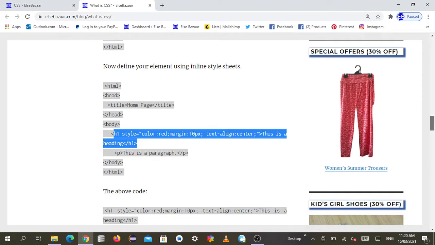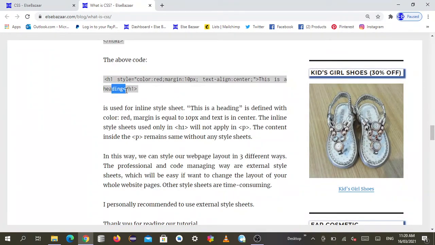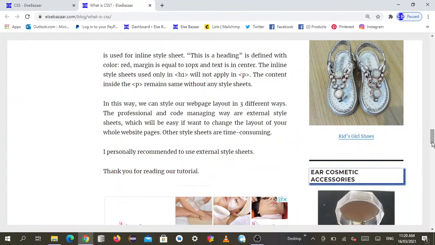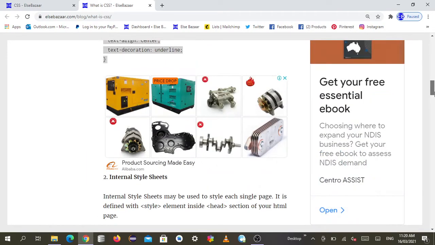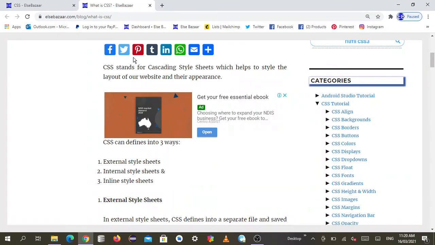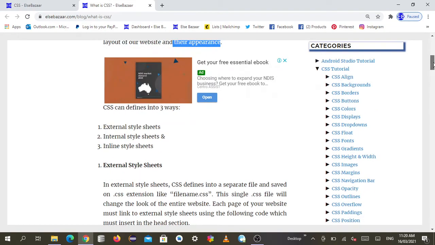Here the h1, like this is a heading, is in red, margin 10px and must be in the center. This is how you define CSS style sheets in three different ways, and it's used to define the layout of the website and their appearance. With the help of CSS, you can entirely change your website appearance. The best way to define your CSS is